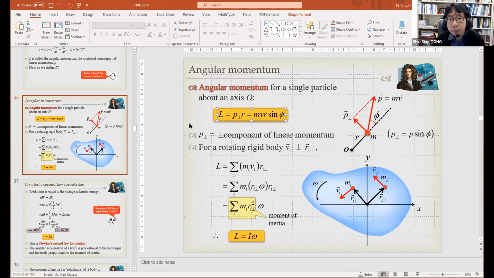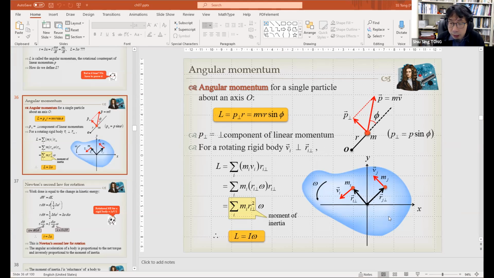Now, so we define the angular momentum like this. The perpendicular component of the linear momentum multiplied by the distance from the pivot point. Okay, now if I define the angular momentum of a single particle like this, then